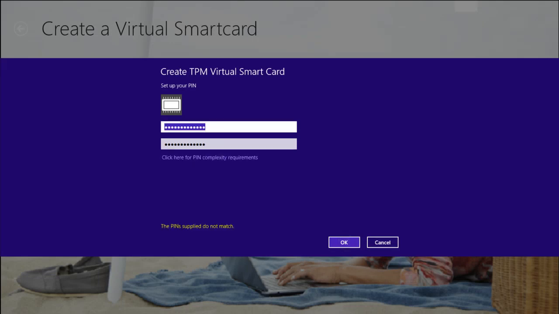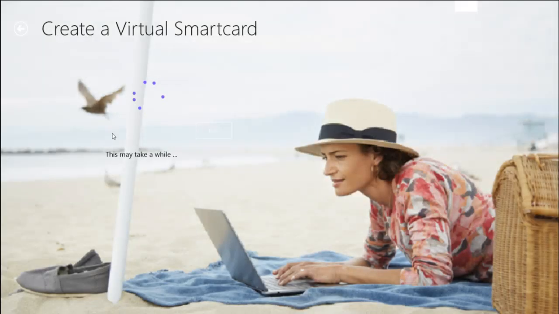Okay. The PIN, okay, do not match. Good. We check for that as well. And again, I love to do a long PIN, but you don't need to have so long a PIN. You can have 8 characters, 6 characters, because TPM anti-hammering will help you.